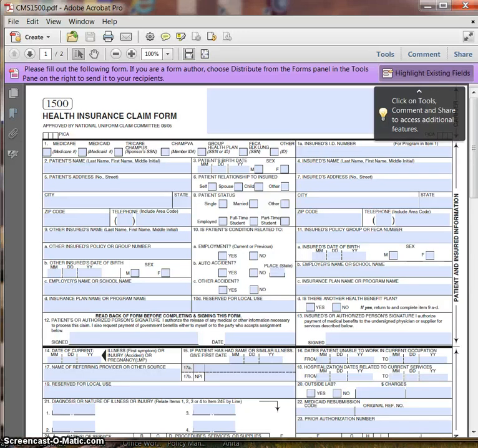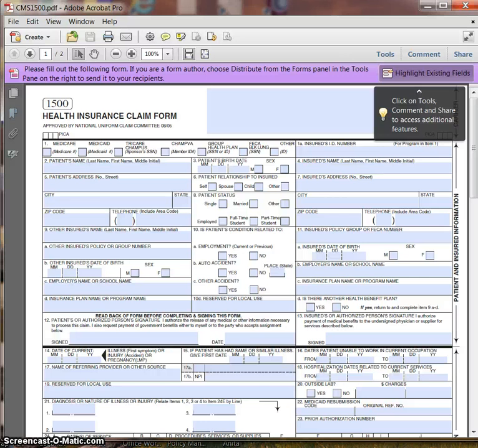On the screen now you see a CMS 1500 claim form. This claim form is for physicians billing, and you will be using this if you are working in a physician's office to bill insurance companies for any particular procedures that they do in the office. This form is a standard form, and the first thing we're going to talk about are the blocks 1 through